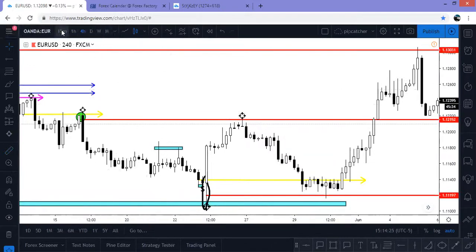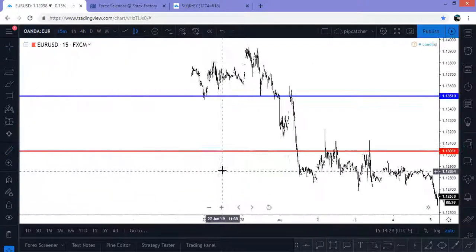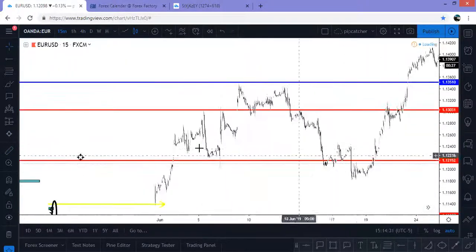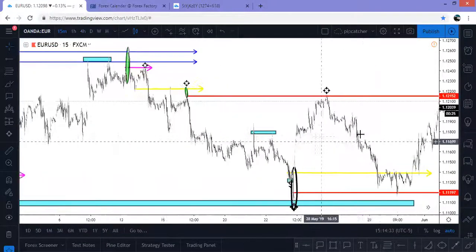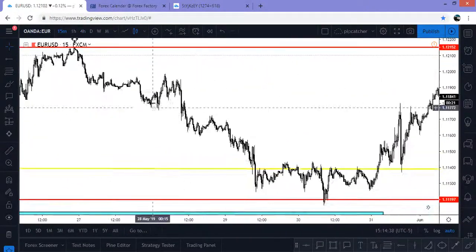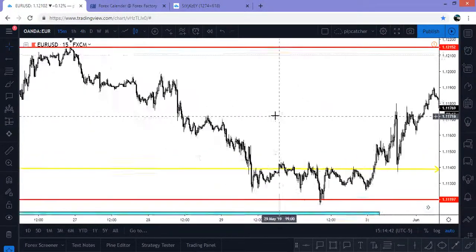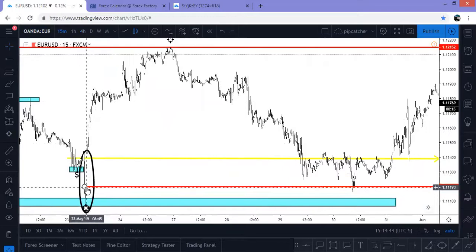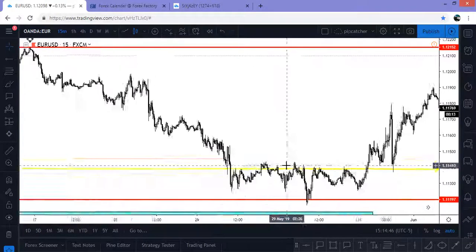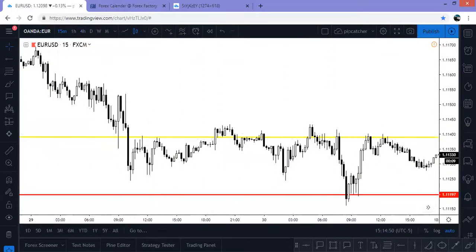That was good. Now we go back to the 15-minute because we see this now coming down into our area that we were looking at originally, right? Down in here. Okay, so it comes down. The last down candle before that up move. Okay, so I want to show you guys something. We see right here,